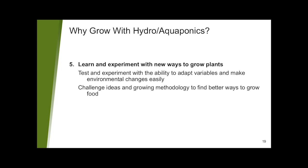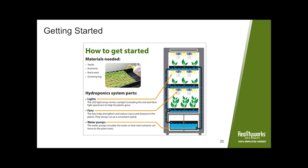So with some of these main features, what we want to do is help you start thinking about how you could get a program started and off the ground in your school today. To get started, know and understand the different parts and pieces. We've talked a little bit about this, but if we're talking hydroponics or aquaponics, there is going to be